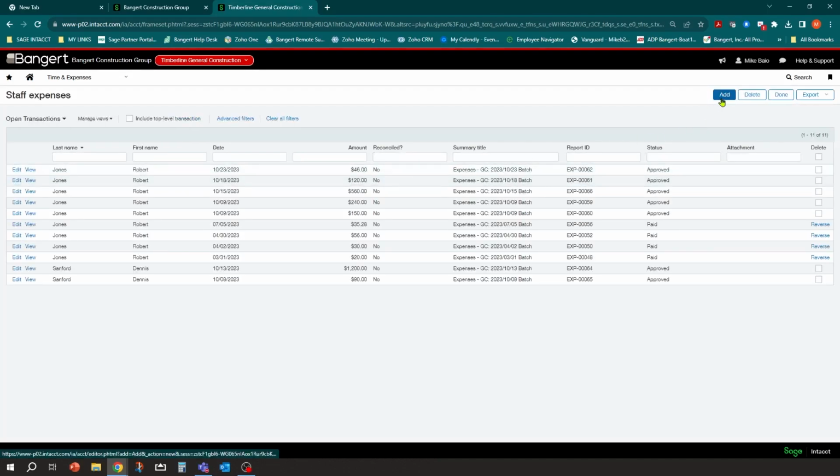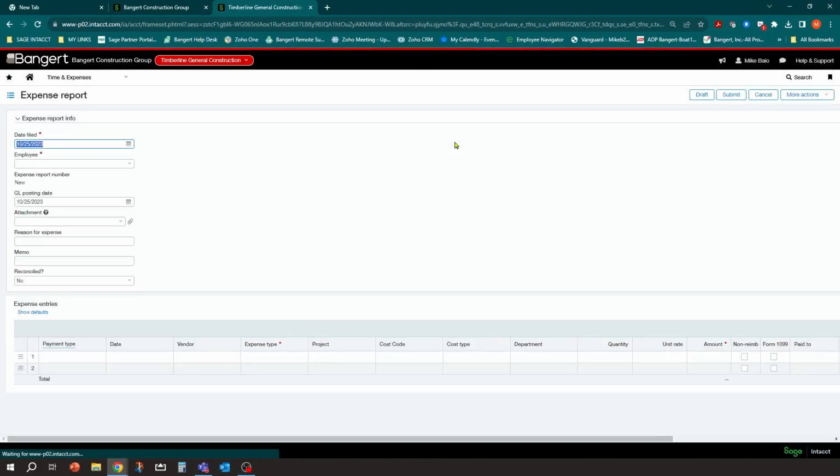I'm going to go ahead and click add. And if I do that, it's going to give me a screen where I can add my additional charges. So this is basically going to be where you can put in your receipt information. Now, these columns here are customizable as far as you can turn them on, turn them off, and change the order of the columns. So that's going to be important to get your entry screen set up the order and the flow that you want.